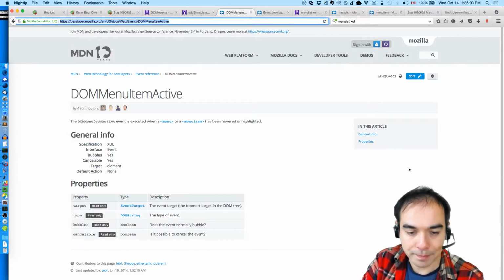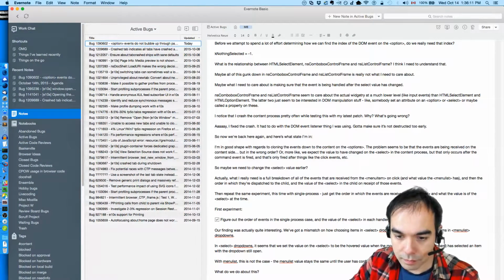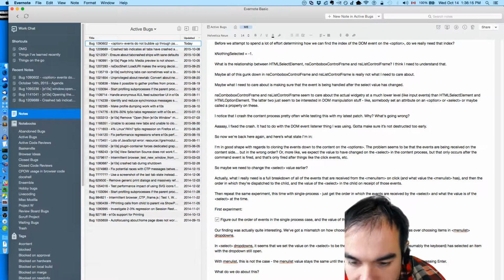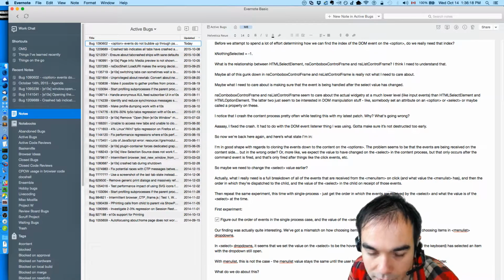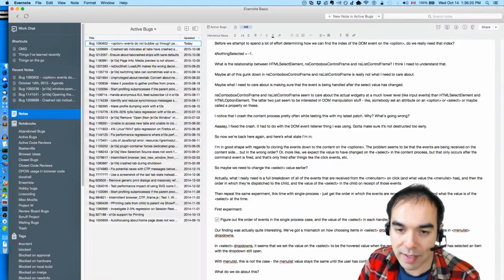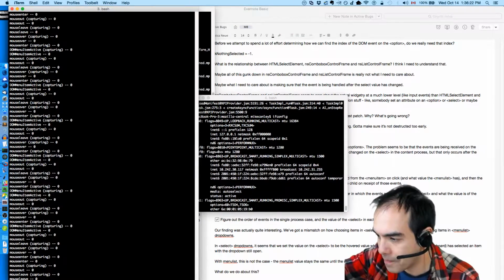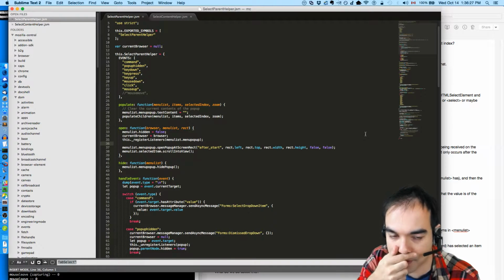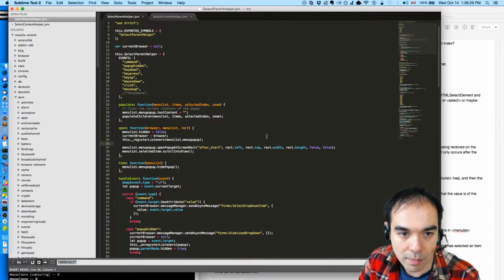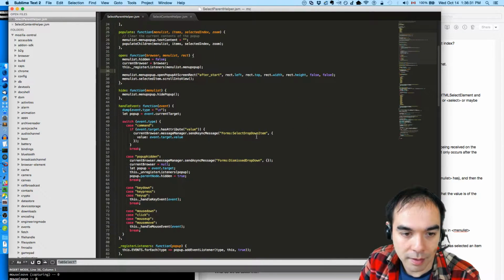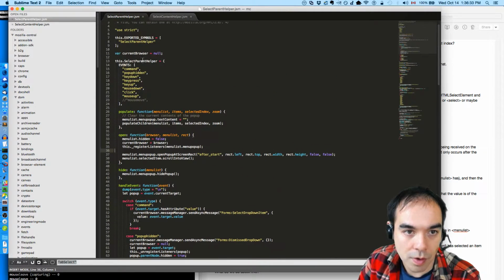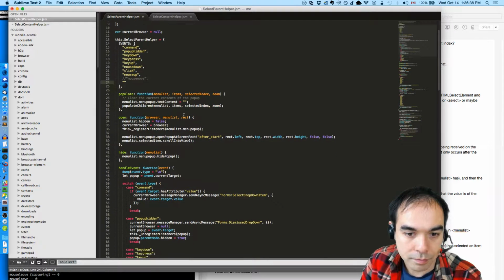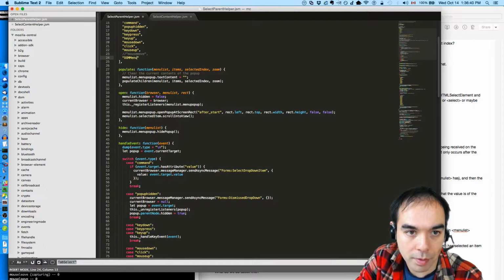So, experiment. Listen for the DOM menu item active on the menu pop-up. On receiving it, send a message to the child changing the select value. Let's just do that, quick and dirty. And let's see if we see the select value actually change in the select item, and if so, well then that's not perfect yet. DOM menu item active.